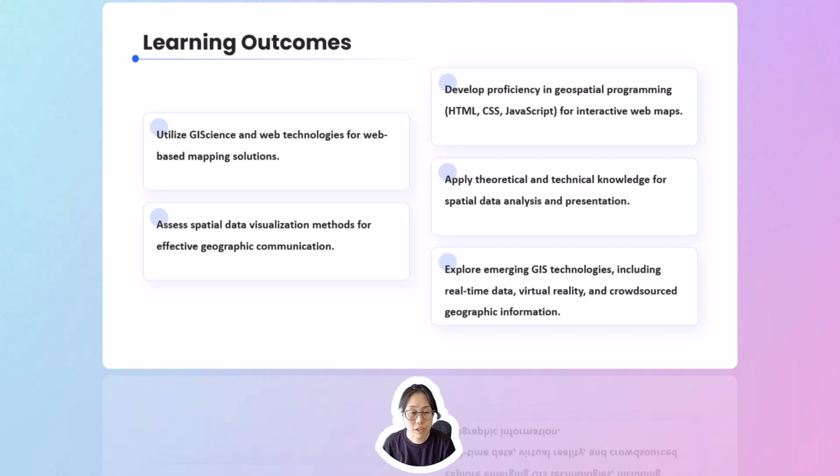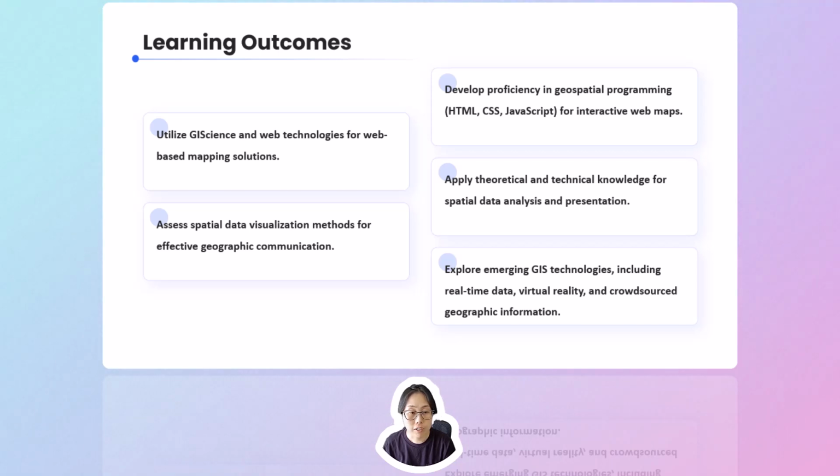By the end of this course, you will understand how to use GIS science and web technologies to create web-based mapping applications, develop proficiency in HTML, CSS, and JavaScript for interactive maps, evaluate spatial data visualization techniques for effective geographic communication, apply technical and theoretical skills in spatial data analysis and presentation, and explore and understand emerging technologies like real-time data mapping, VR, and crowdsourced geographic information.